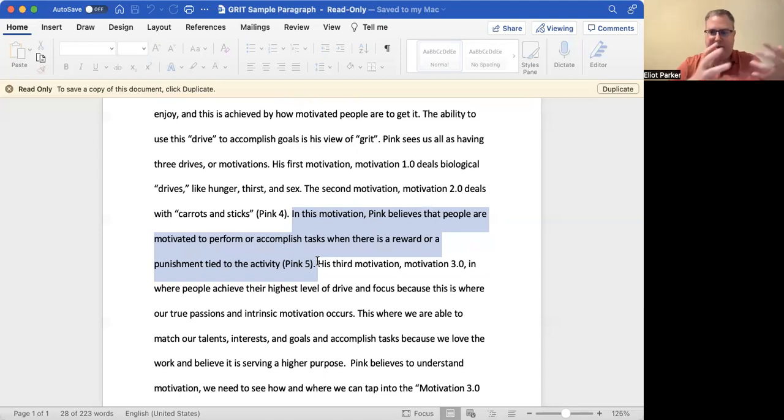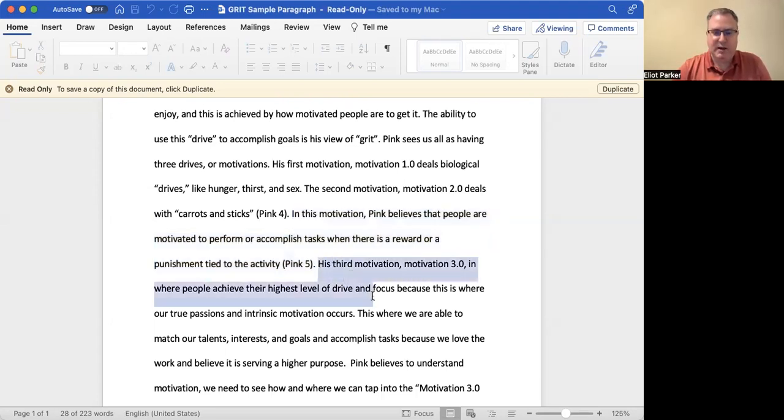So to carry that back over, if you remember from the Dweck paragraph, that idea of growth and fixed mindsets is defined. That student, I believe, had used a sentence or two to qualify and explain what is a growth mindset, what is a fixed mindset, so that the reader has a sense of what that is.